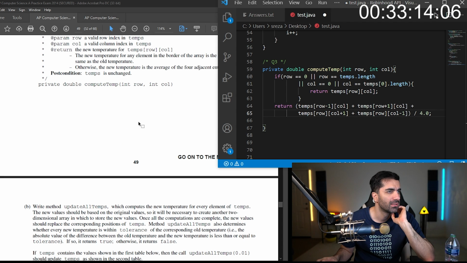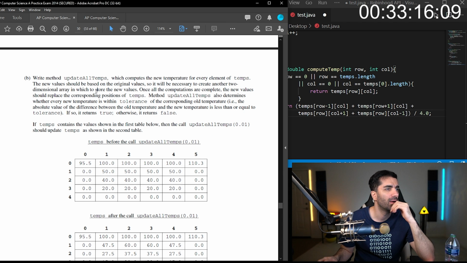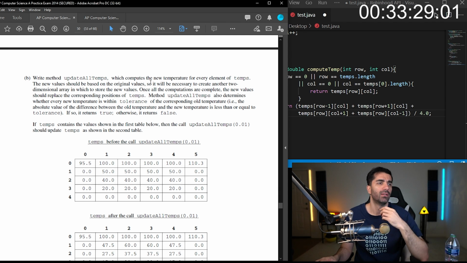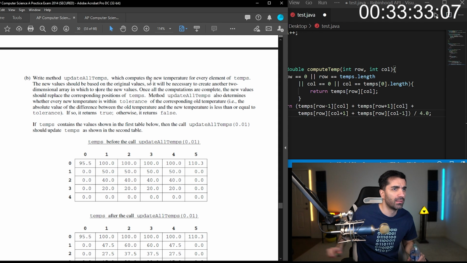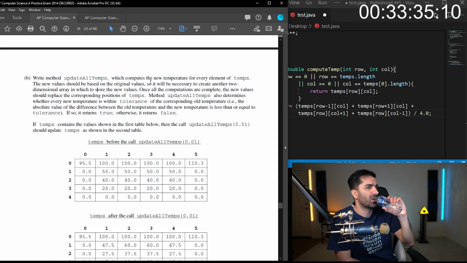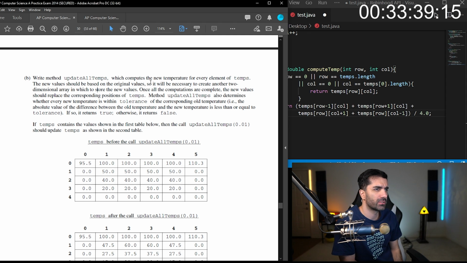Compute temps. Okay, part B, update all temps, which computes the new temperature for every element of temps. The new values should be based on the original values. Okay, so it will be necessary to create another two-dimensional array to store the new values.